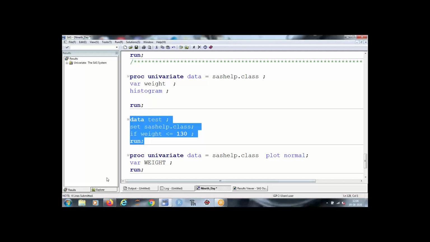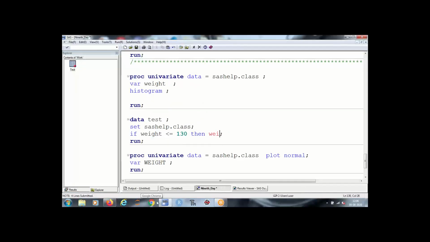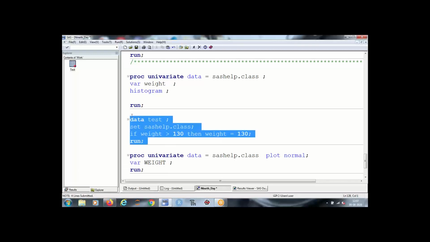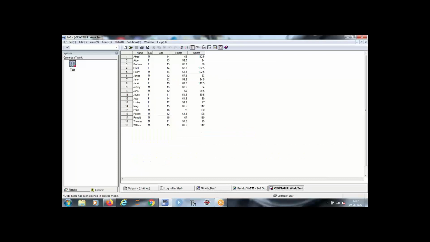And if you want to replace it, then set weight to the cap value. Okay, sir. Thank you.